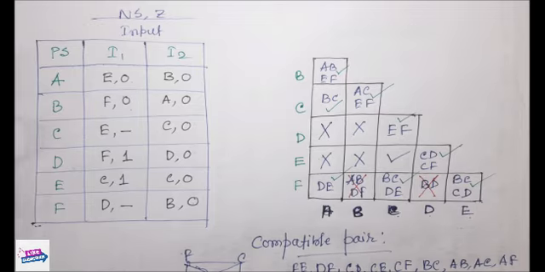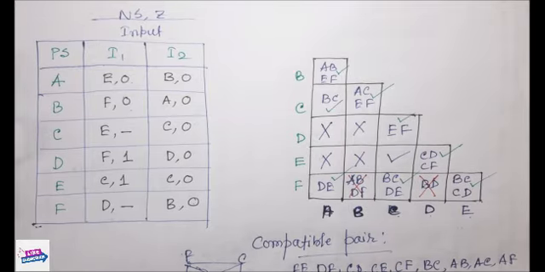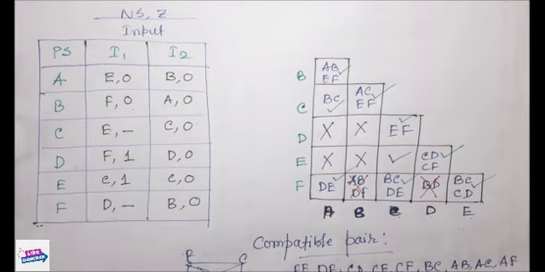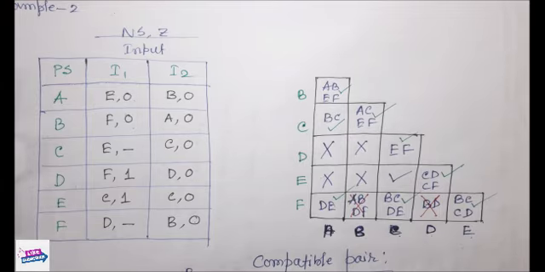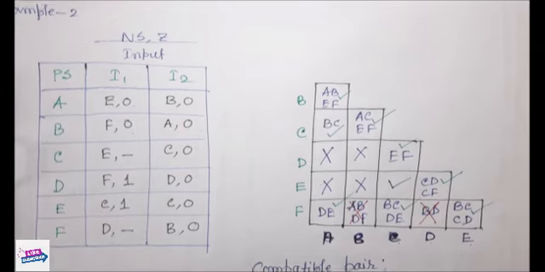So you can write C D E F. If I minimize, then again I can say A B C A F. So I can write A B, B C and C A. So you can write A B C. So similarly you can reduce, and so A B C and A F. So you can reduce in this way. So that's all about the merger table.